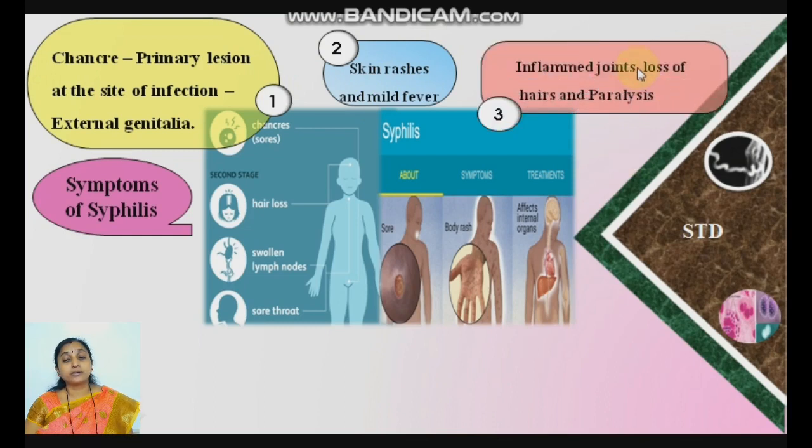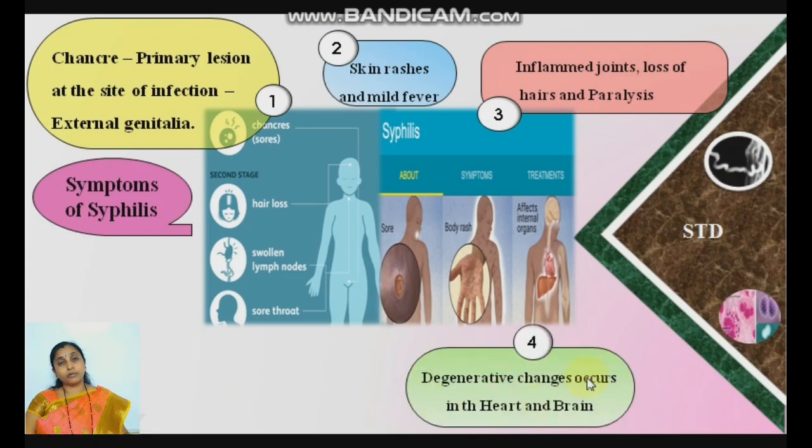Inflamed joints, that is arthritis, joint pain, inflammation of joints, loss of hair, and paralysis. We know paralysis is concerned with the nervous system, because the infection goes deeper and deeper. Degenerative changes occur due to more infection. In the third stage, degenerative changes occur in the heart and brain, they also